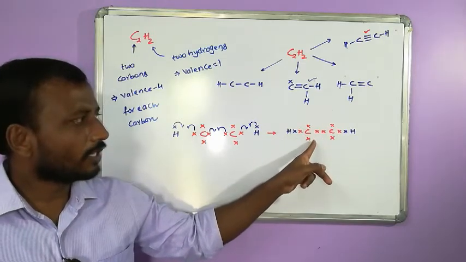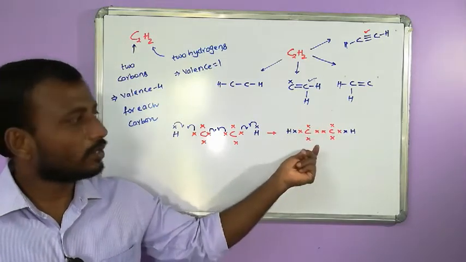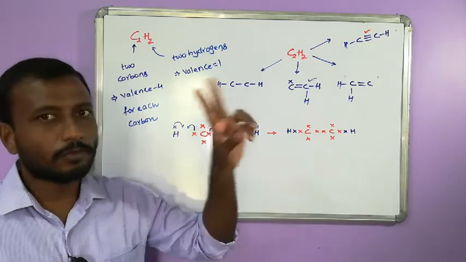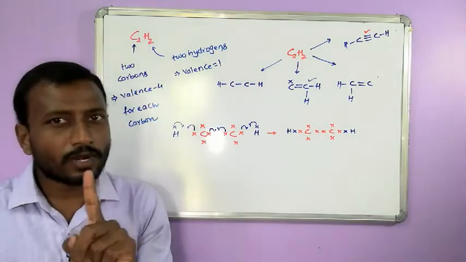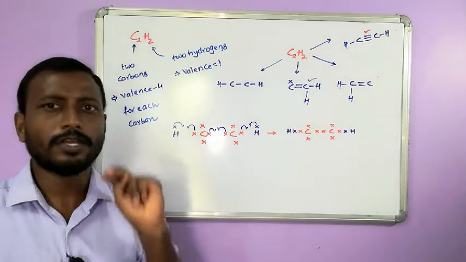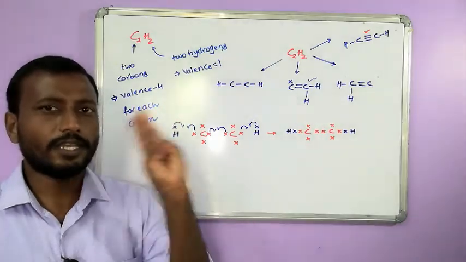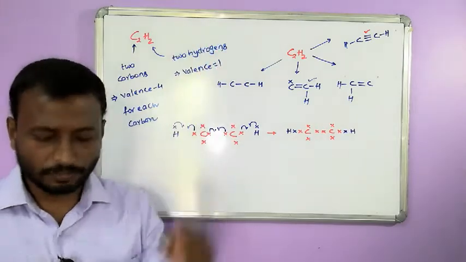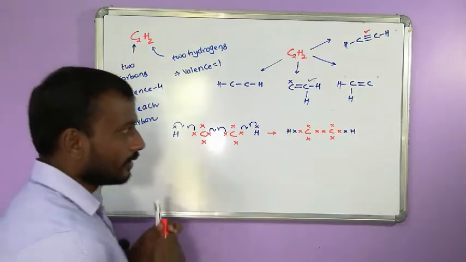How many electrons are there? 2 electrons are there. How many bonds are required by carbon? 2 bonds are required by carbon. If one bond has to be formed, 1 electron has to be shared. If 2 bonds have to be formed, 2 electrons have to be shared. If 3 bonds have to be formed, 3 electrons should be shared. So in that sense, this